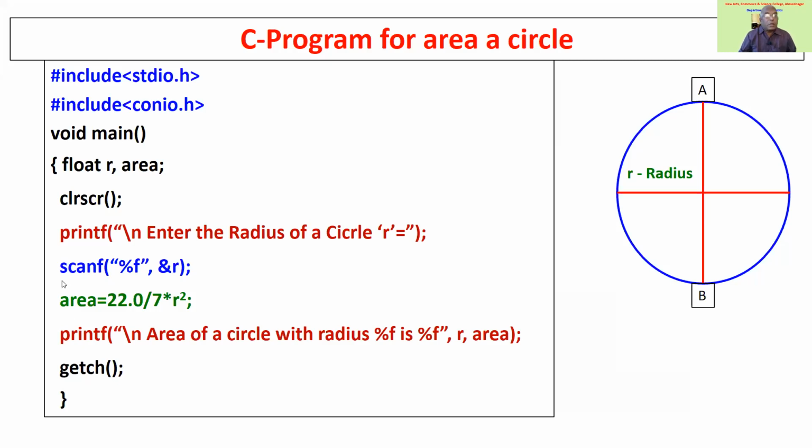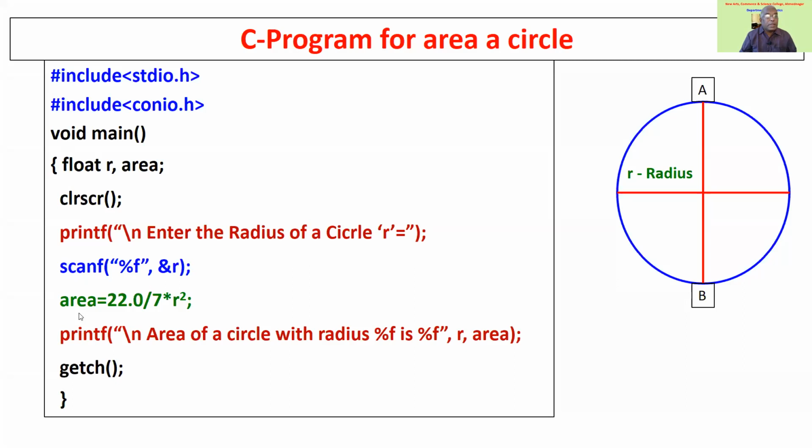the value of radius which is floating type in nature. This is the formatting character. %d for integer, %f for float, %c for character, %s for string. So there must be proper matching in the variable declaration and formatting character. If you define float here and if you write %d, the program will show you an error. So there must be proper matching between the variable declaration and the formatting characters used.